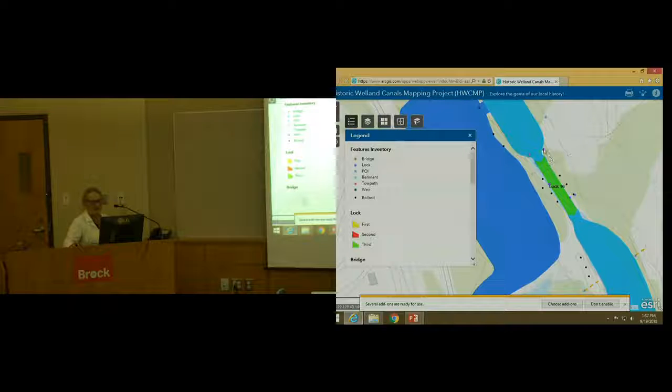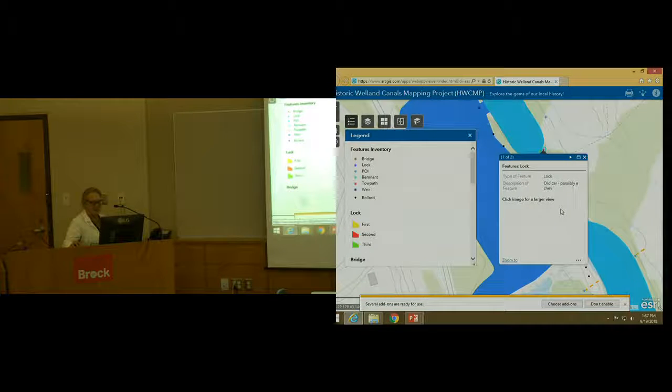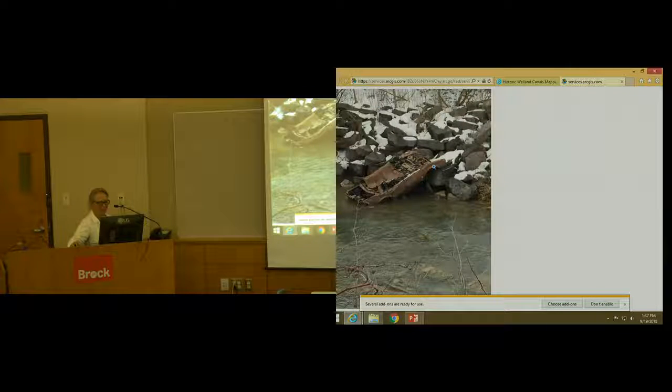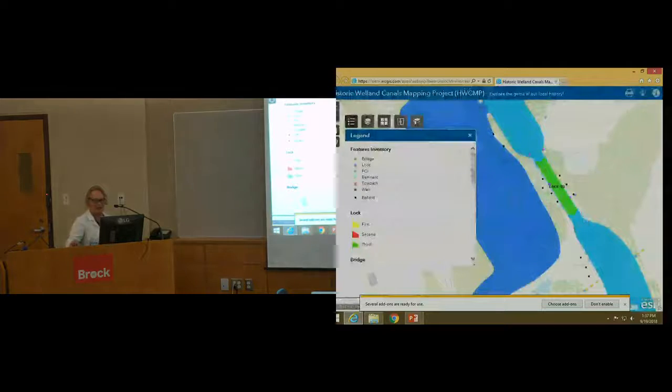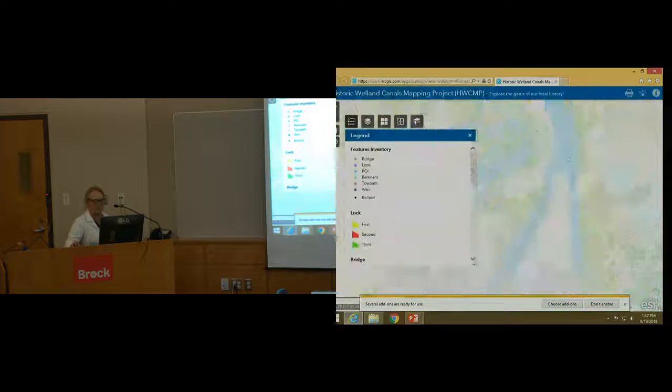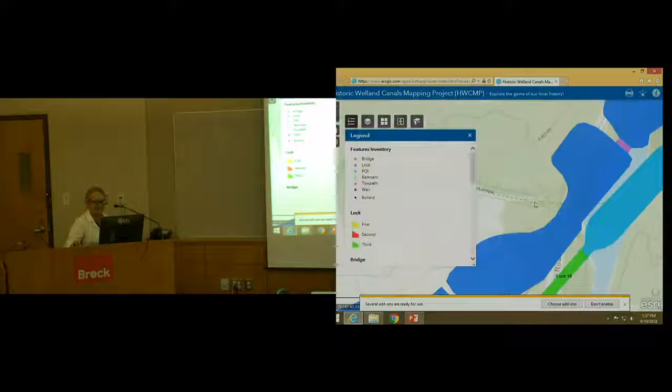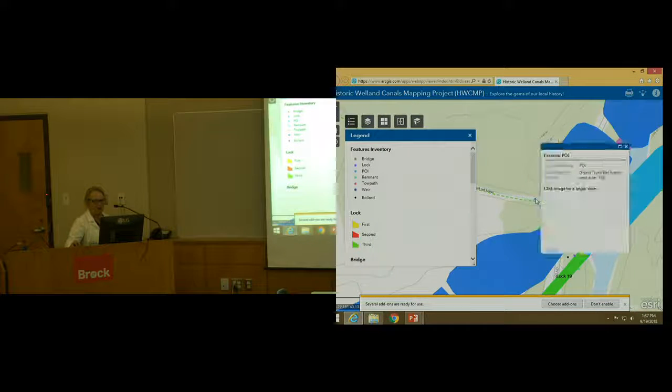And something else as well is that we see environmental significance. Dumped cars, for example. I think this is a Ford or a Chev, I think it is, from the 1980s. But obviously environmental significance there. And some of the other techniques that I use to enhance the project and enhance the data is to use